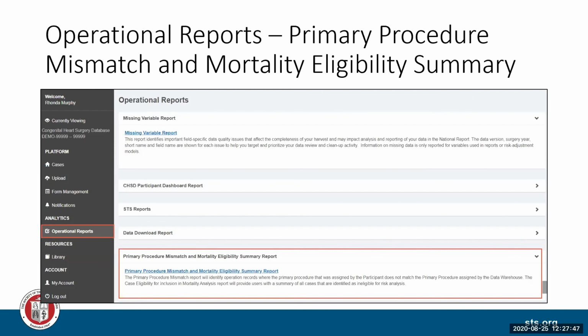Hello, everyone. Today we are going to talk about the primary procedure mismatch and mortality eligibility summary report. Previously, this was 2 reports, and based off of feedback, the 2 reports were combined into one, so that you just have one spot to go to generate this report.